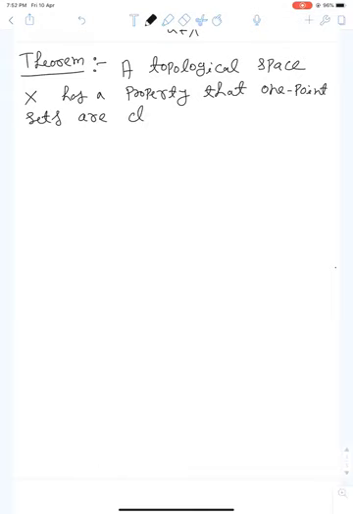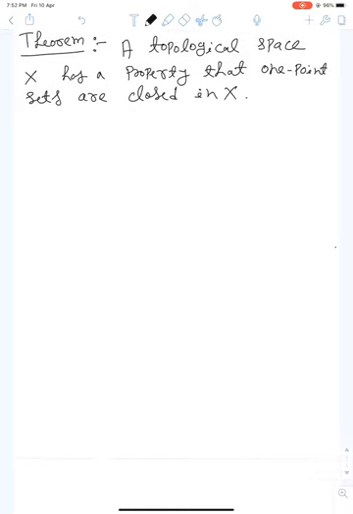This theorem says a topological space X has a property that the one point sets are closed in X. Okay, then the topological space X is normal if and only if